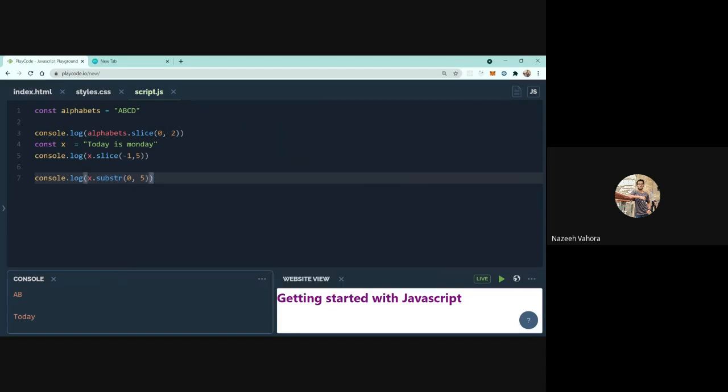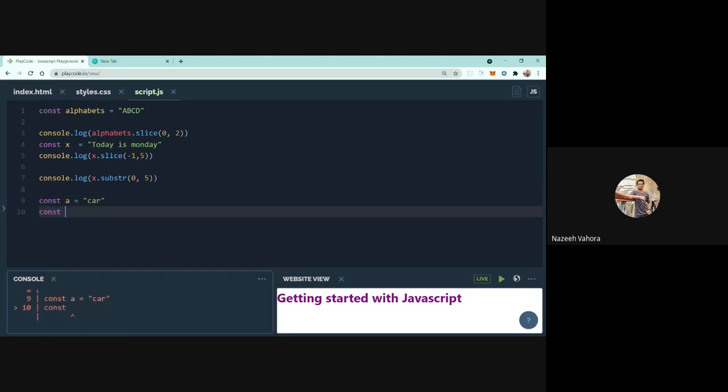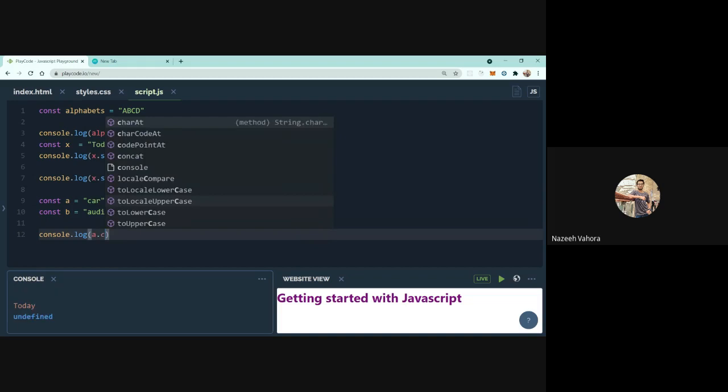So yes, and one more method is the concat method. Let's say I have two strings, a, let's say r, and another string, odd. And if I want to concatenate these two strings, then we can do it by simply calling the concat method. a dot concat.